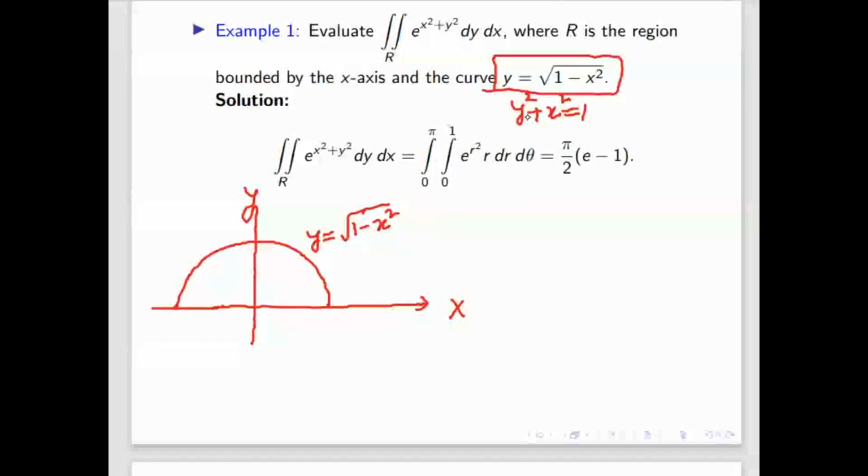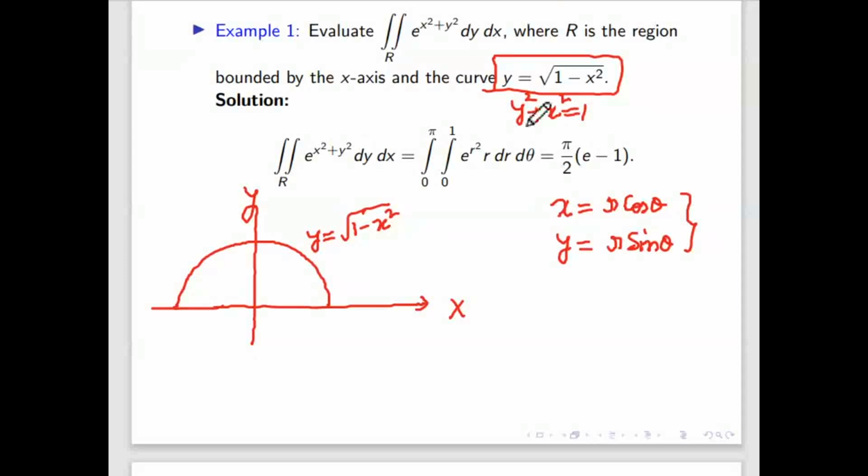If you take x equal to r cos theta, y equal to r sin theta, then x square plus y square will become r square. So this is the transformation we are making: x equal to r cos theta, y equal to r sin theta. If you assume this, then this domain from x, y will change to r, theta.